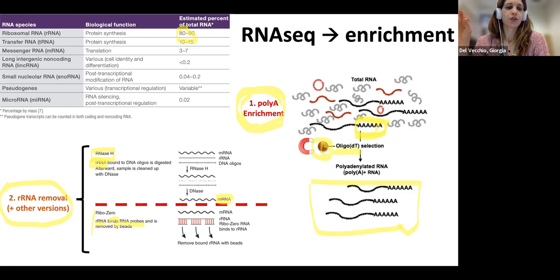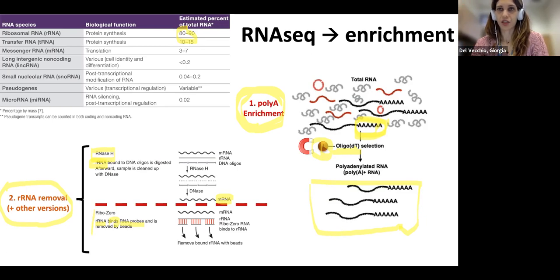Yes, I mean, if you're using the ribosomal RNA removal with the RNase H approach, yes, you are using just oligos to digest the ribosomal. So, for example, transfer RNA, the tRNA, you're not removing them, but we are talking about removing the big contaminants here, okay? And anyway, yes, poly A selection, so the oligo-dT selection is the best if you just want to